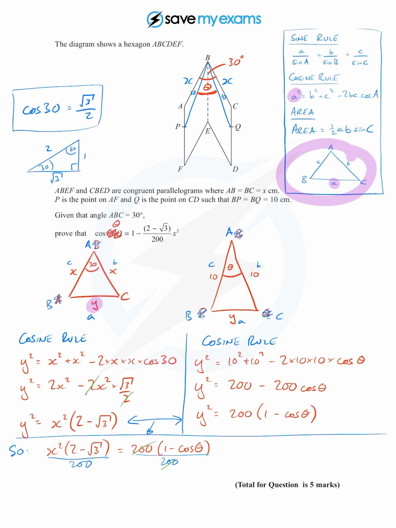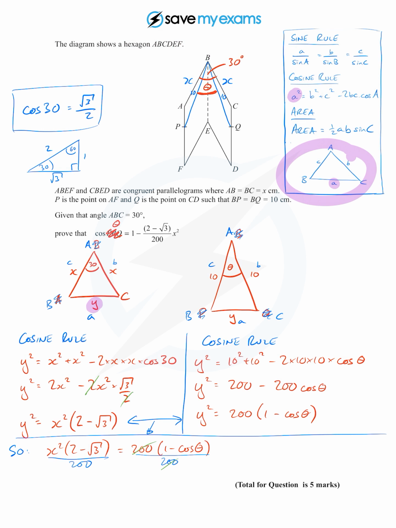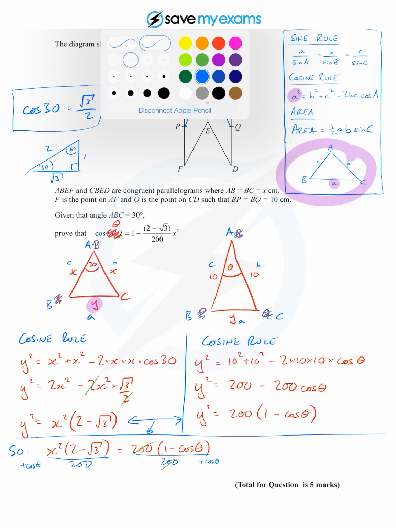The 200s cancel on the right, and I've just got 1 minus cos theta equals the big fraction on the left. The big fraction is the same as the fraction in the question, but with a minus sign. A little bit of jiggery-pokery, adding the cos theta to both sides and subtracting the fraction from both sides, will give me exactly what I want. Let's write that down. I'm going to add the cos theta over here, and over here, which gives me